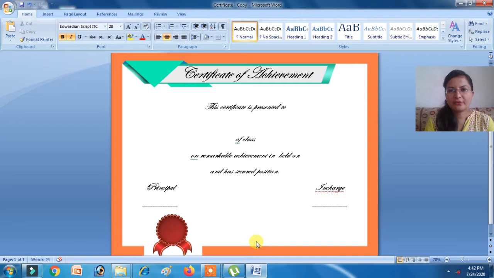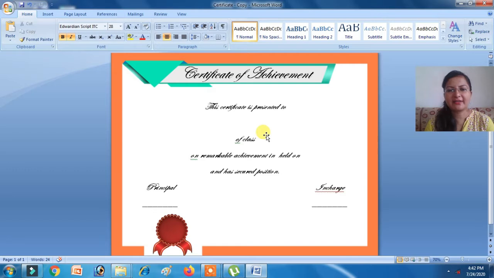Students, I hope you all are good, and today we will learn to create a certificate. This is a sample design that I have created, but one more feature I will add, that is mail merge. Mail merge is a feature in which we can send the same certificate to many people by making small changes in it.